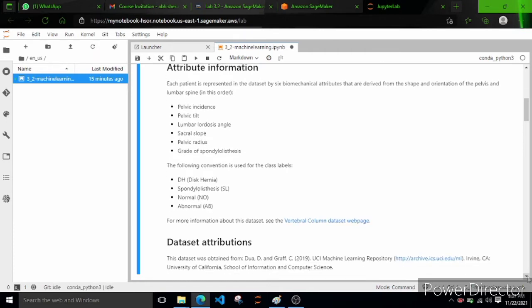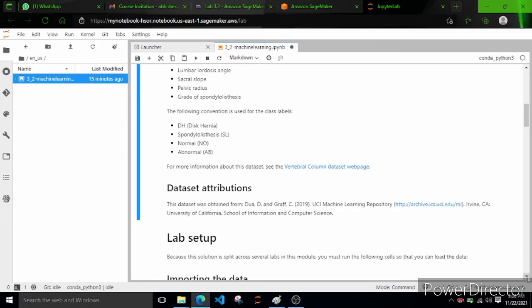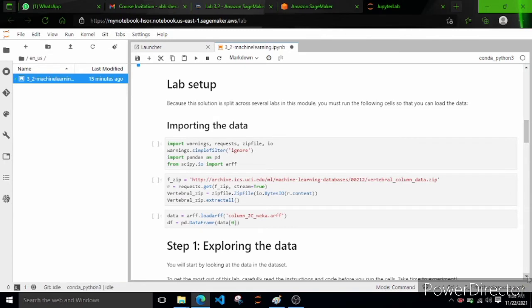In machine learning, while exploring data, we need to explore what the different attributes are, what we will consider as features or inputs, and what we'll consider as outputs. Then we have some lab setup also. If you remember, we did these three things in the last class, or in the first lab of this AWS Machine Learning Foundation course. So let's run these one by one.